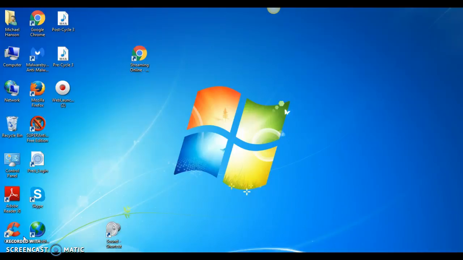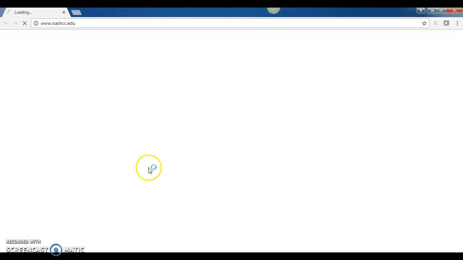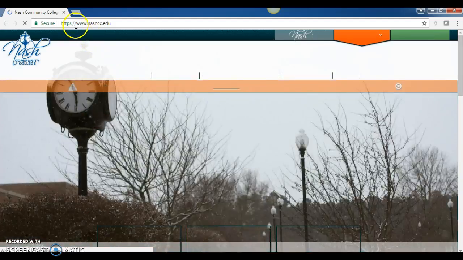So what I'm going to do is walk you through, if the email was confusing at any point, what you need to do for your assignment so you can be counted present on Monday. It's very important that you follow my instructions in the email so you can be counted present. So first, I want you to open up a browser. I'm going to open up Google Chrome and go to our website,